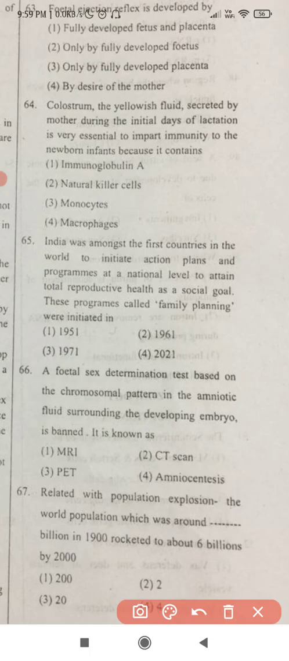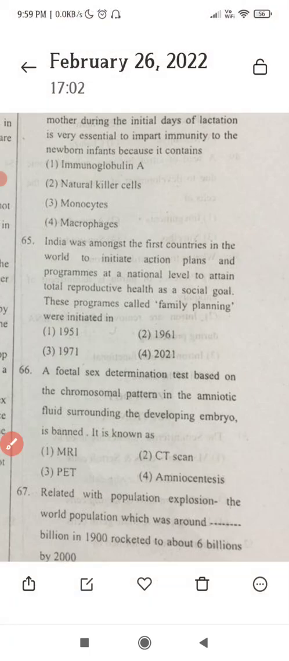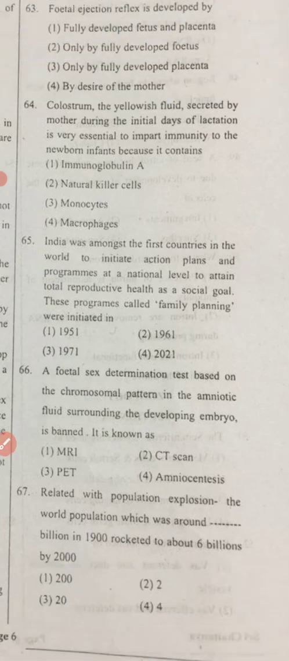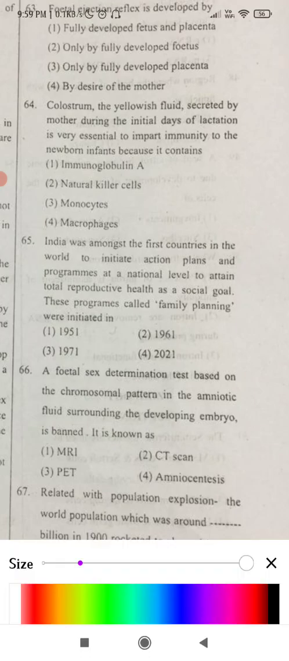Because of a large number of female feticide, this was banned, and then later the high technology equipments like X-ray scan, CT scan, ultrasounds are developed, so this is completely banned. Okay, let's talk about